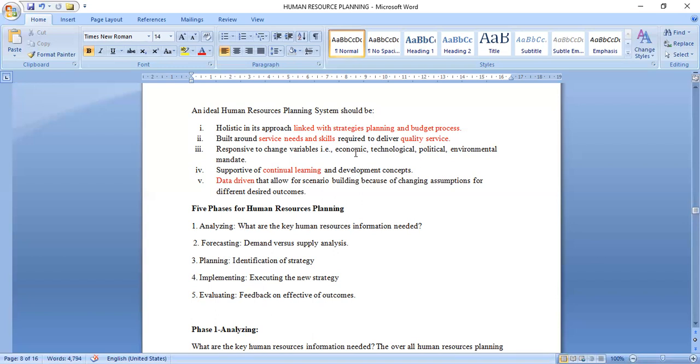For example, the economic factors: changing interest rates and changing inflation rates will affect the human resource planning activities of organizations, whereby you see that, for example,